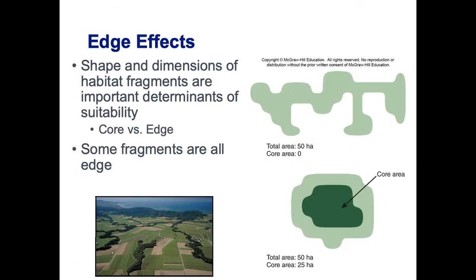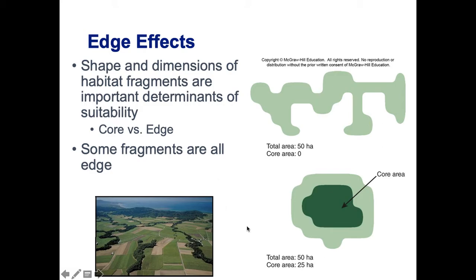I also want to talk about the shape of these fragments. The shape can be really important. So some of these fragments end up being all edge. So if you get these really kind of wonky shapes like you see here, if you consider a certain amount to be edge habitat, you might end up with a patch that is all edge habitat and has no core